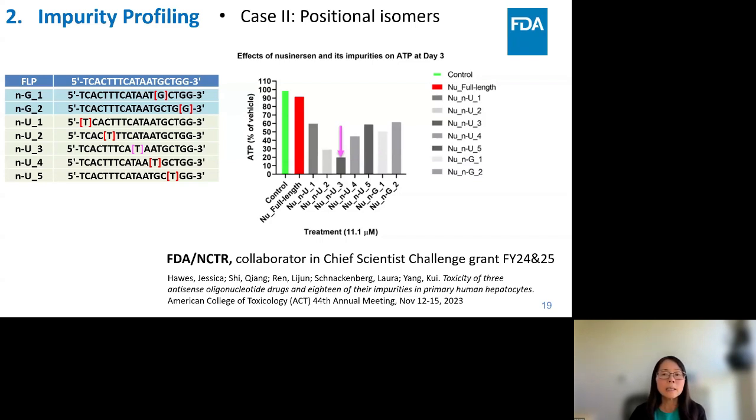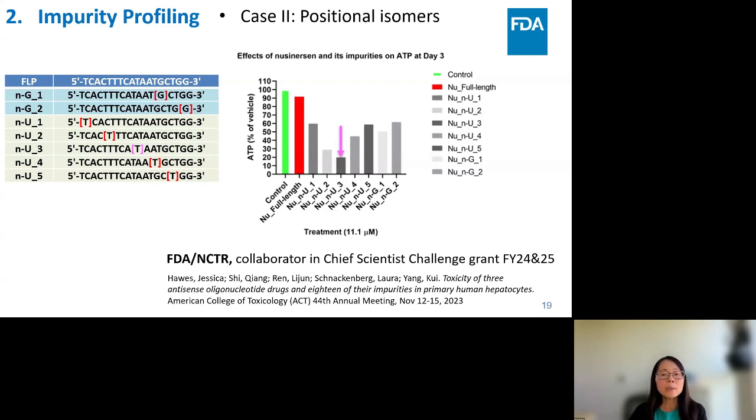For instance, the N-U positional isomer 3. And currently, the immunogenicity risk assessment of those impurities is ongoing within CDER, led by OPQR Dr. Daniela's group. We hope to encourage more thorough risk assessment of those structurally similar impurities, and hopefully from this